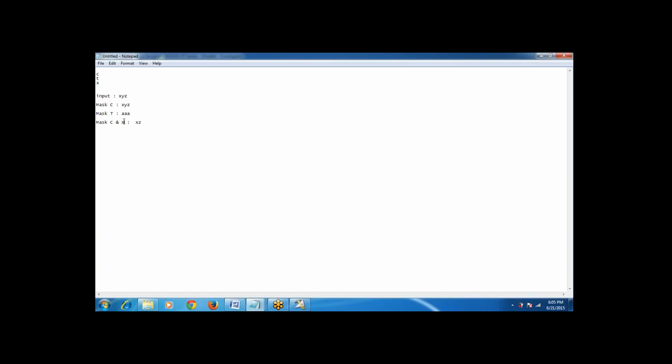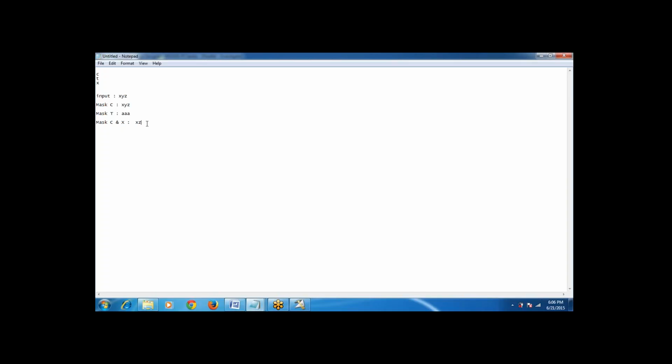And X is nothing but skipping the character. If you want to skip any particular character, if you don't want to consider it for your report, like the character discrete report or character concatenate report, or if you want to hide something in the report, then you can select this X. You can apply X in combination with C or with T. Here I have applied the combination of the character and X, right?